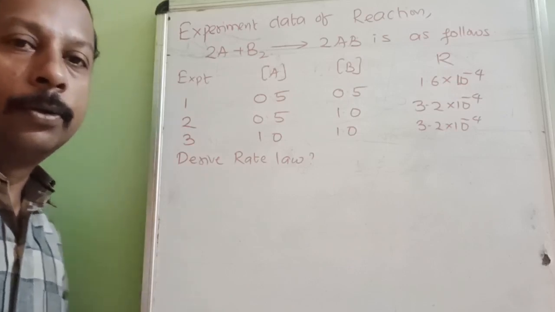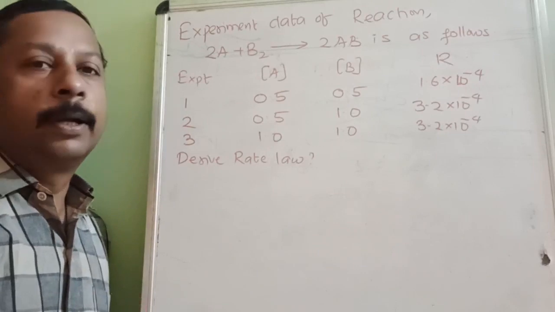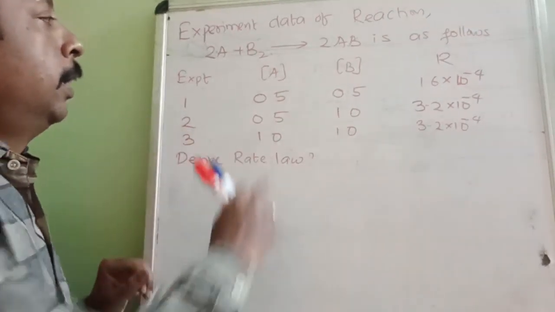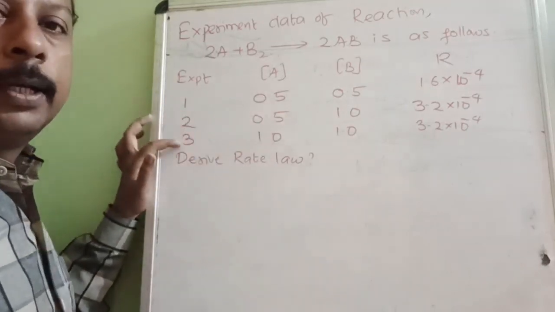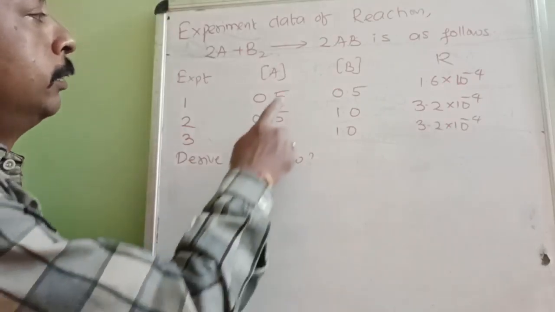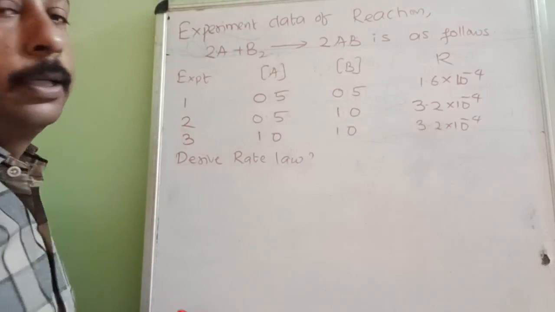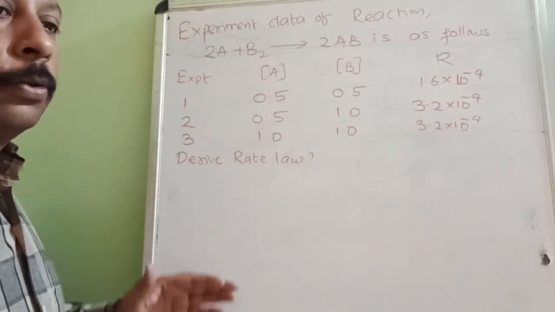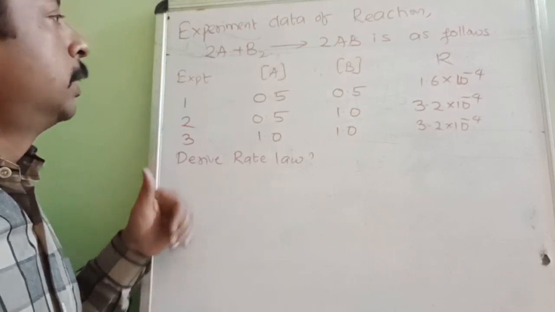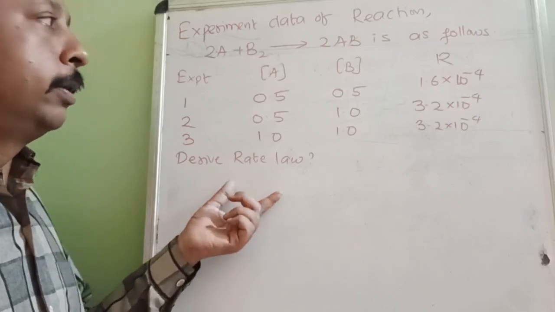Okay, so here we will be given the experimental results. Like, this experiment is carried out 3 times, and there are a lot of changes in the concentration. Accordingly, there is a change in the rate of reaction. So instead of us, they carried out the experiment and gave us their experimental results, and our aim is to derive the rate law for this.